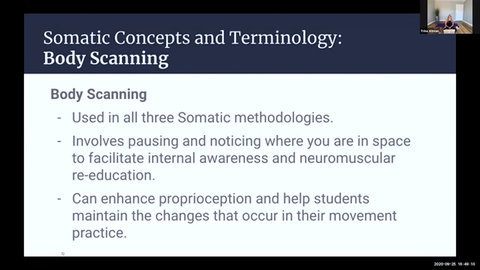So for example, if you've taken some of the pre-recorded somatic sequences, many of them have a body scan at the beginning. Some of them also have a check, and that check could be any type of movement at all. It could be a somatic movement. It could be more of a preparatory corrective exercise movement. It could be a stretch. And then we do a somatic sequence, and then we go back and recheck if there's a movement check, and also do the body scan again to notice what's changed.